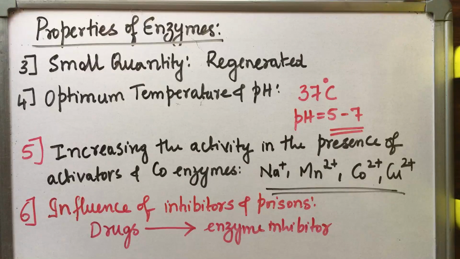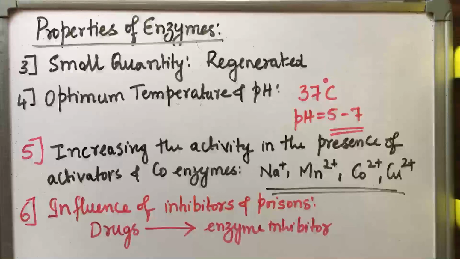So specificity: each enzyme catalyzes only certain chemical reaction, that is one chemical reaction. Example, enzyme urease catalyzes only the hydrolysis of urea and not N-methylurea, which is very similar in its structure. I have written the structure. And presence of small quantity of catalyst is sufficient as the catalyst is regenerated during the reaction.